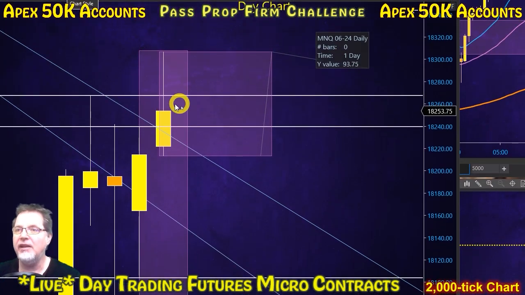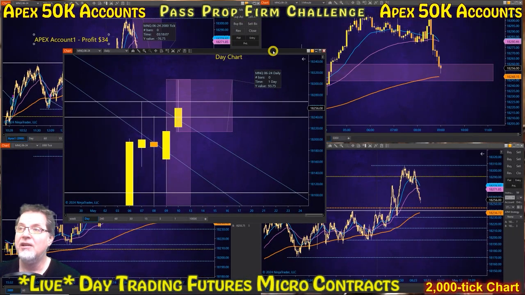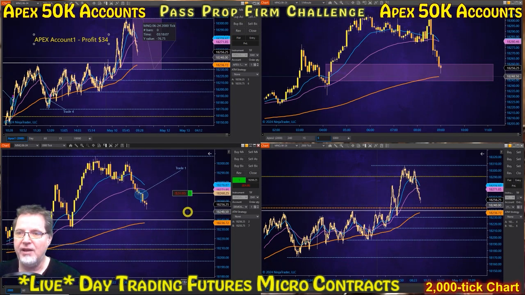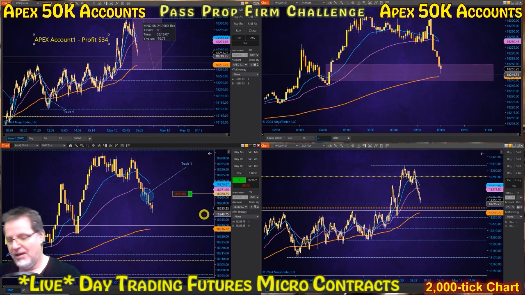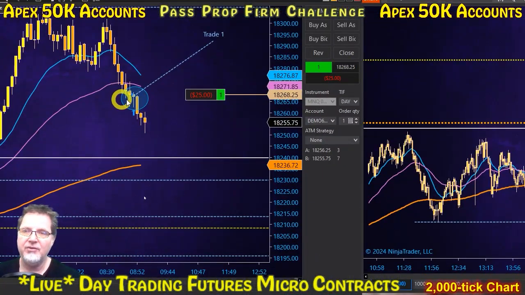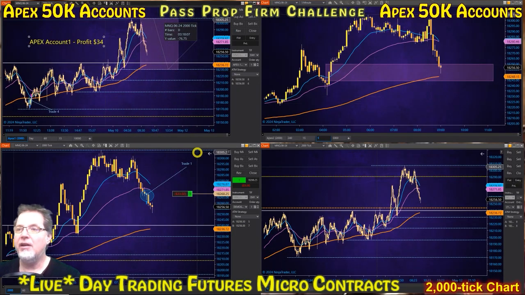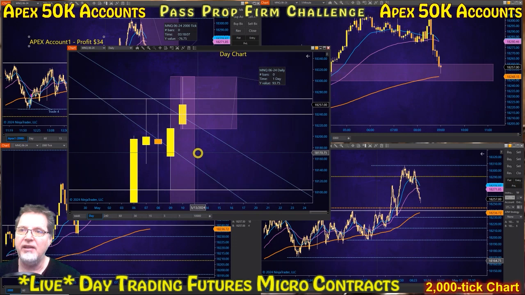So I'm starting to calculate my scalping and position sizing technique. I waited for it to pull back a big bunch, and then I just barely got in with my simulator first, because I have this theory that if my first entry and my first trades tend to go against me, I'm going to go ahead and jump in with 1 micro here on my simulator and let it continue to go against me, and then I'll be looking to get in on the Apex account, and then I'll be looking to get in on my real money account as it continues to go against me, with the idea that my bias is still correct on the daily chart, that it will inevitably find support down here.